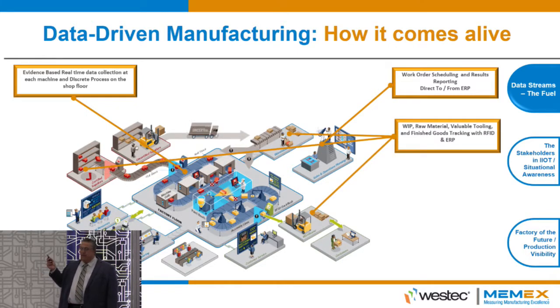If we want to get really elegant with data with IoT manufacturing, we can tag our high-value tooling and our work in progress with RFID, and actually we can track. Some of our customers make landing gear, very expensive, very long-running parts, and for them to be able to track with RFID where these parts are, some of them take 50 operations to go from a forging to a finished piece of landing gear. So this is another example of an additional data stream we can use to augment the factory of the future.